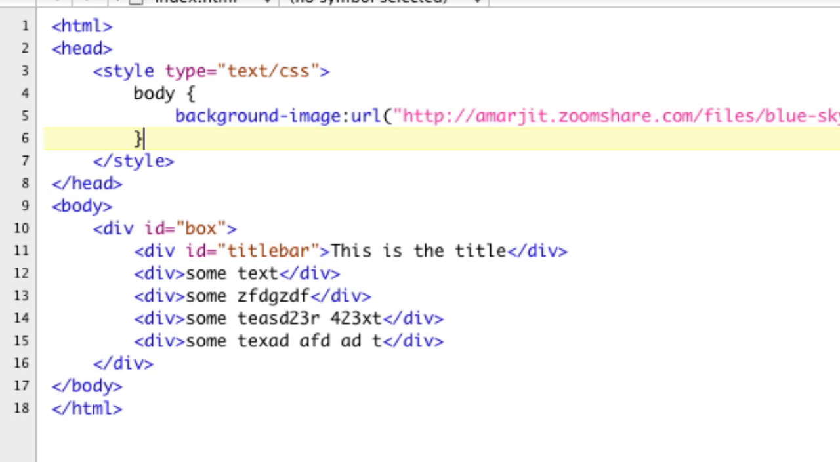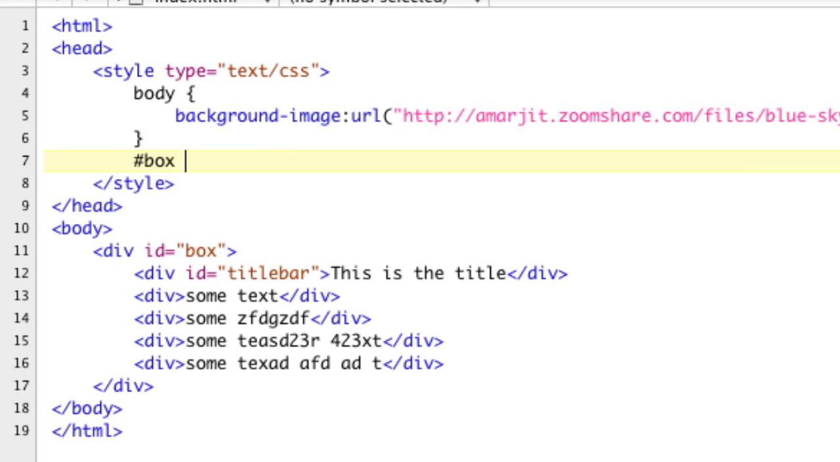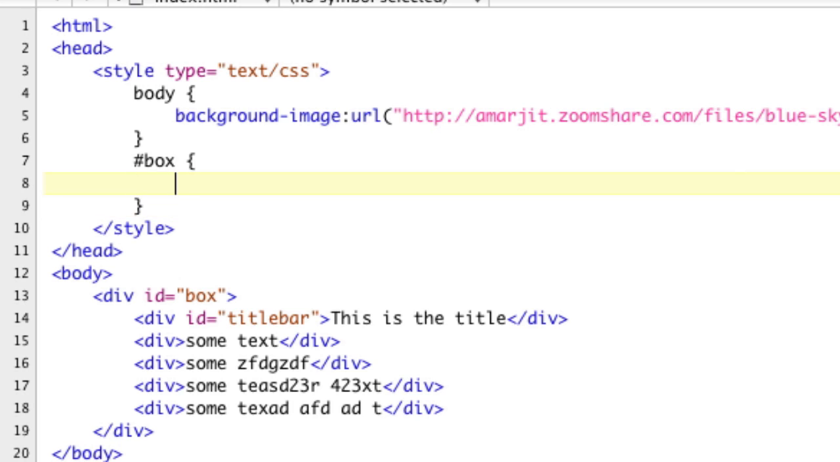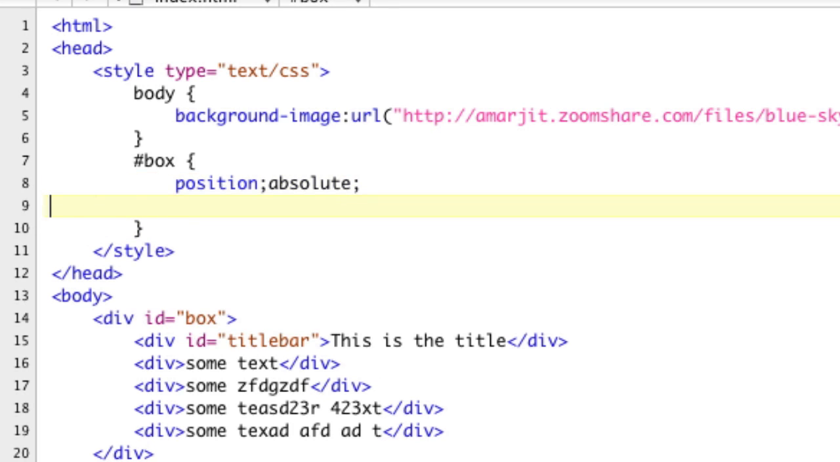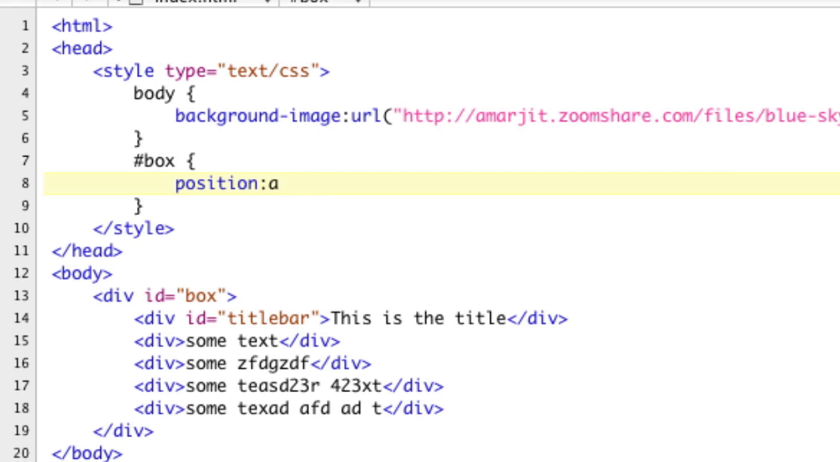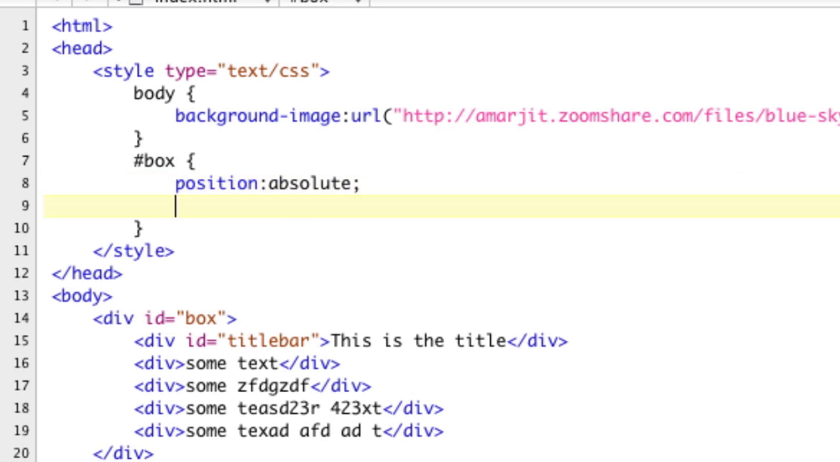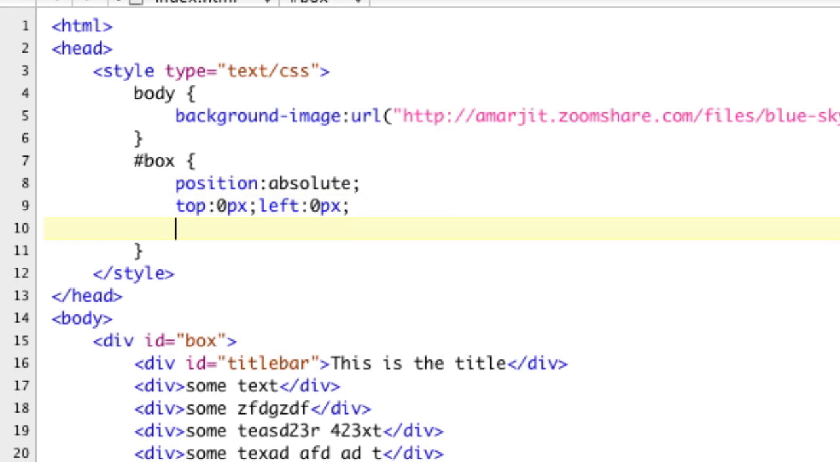So let's go ahead and style the box itself. Okay, so pound box. So the box is going to be position absolute. It's going to be top 0 pixel, left 0 pixel. We might make it so we can drag this around. We're going to make the width